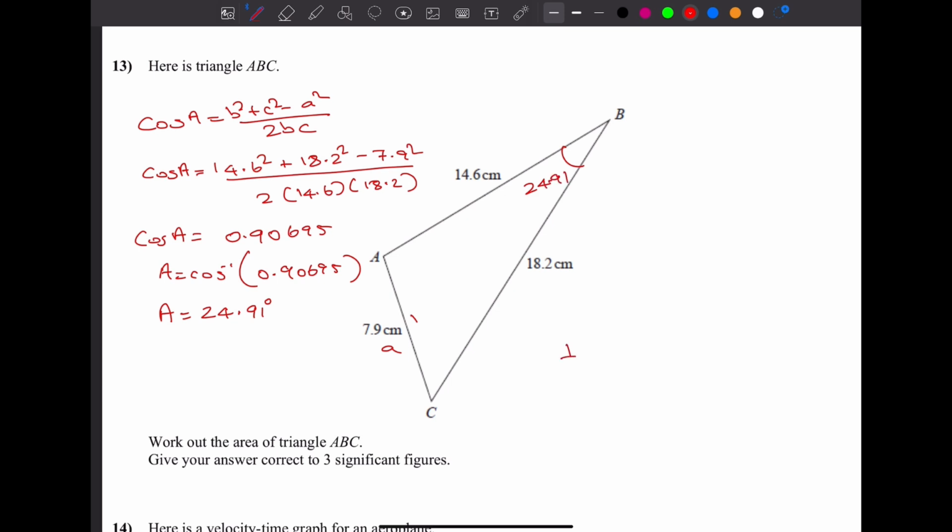So area is a half AB, your A and B. Considering this is your angle, A and B must be these two, remember. It's not the same letters as you used before. Once you use a letter, that's it, it is gone after that calculation. Then the next calculation is different letters, okay? A and B should be what? 14.6 and B is 18.2. And sine, remember, half AB sine C, right? 24.91. And the answer is